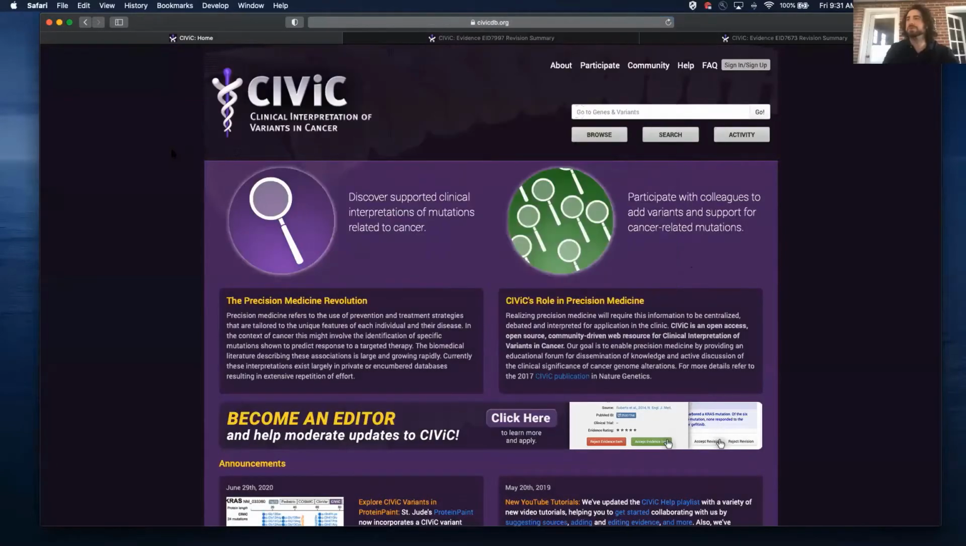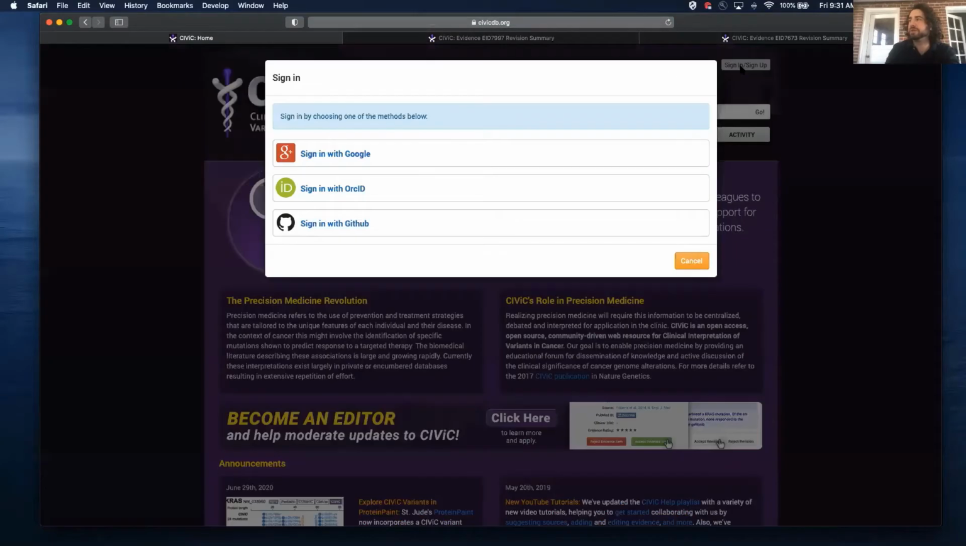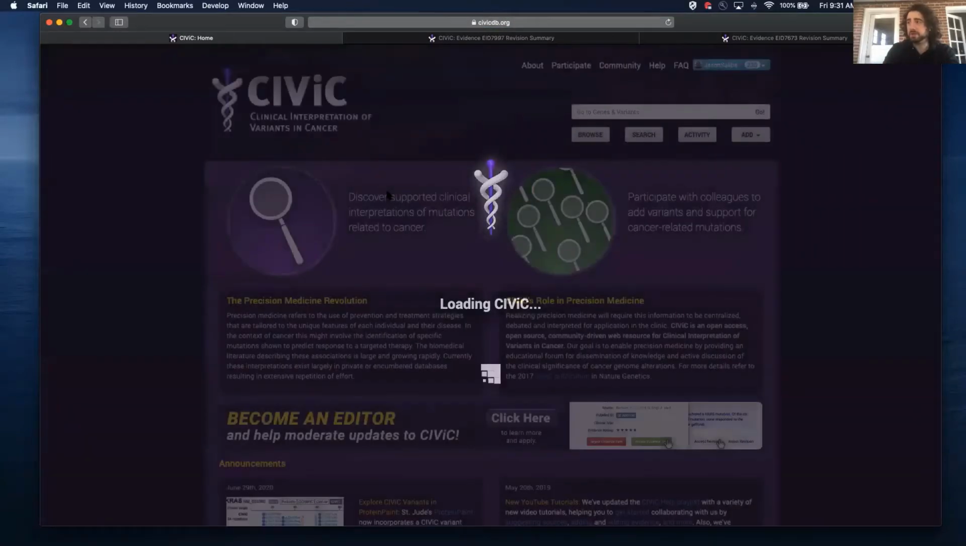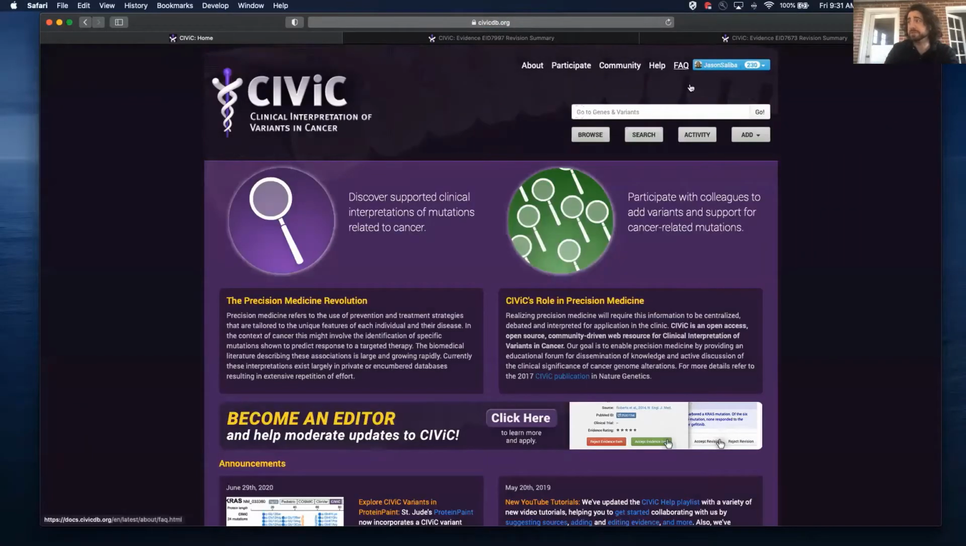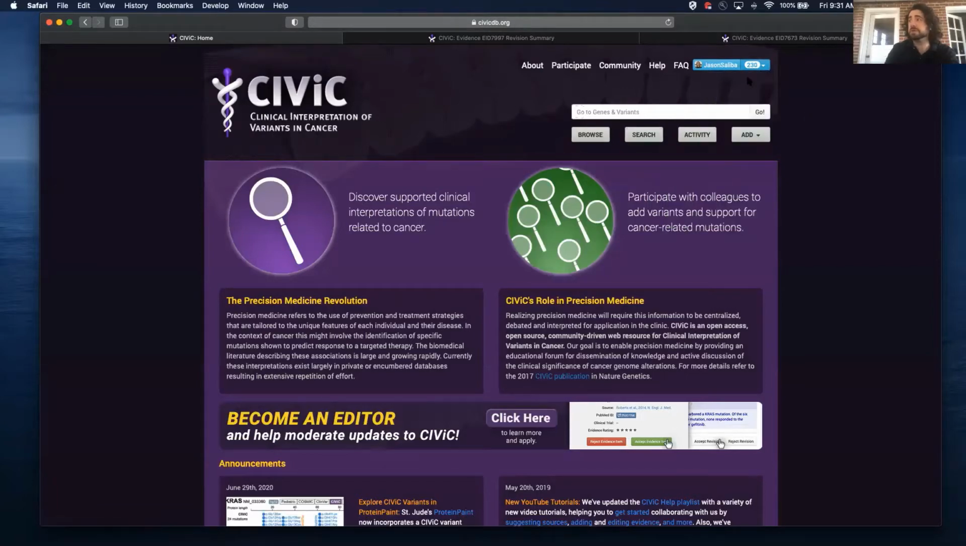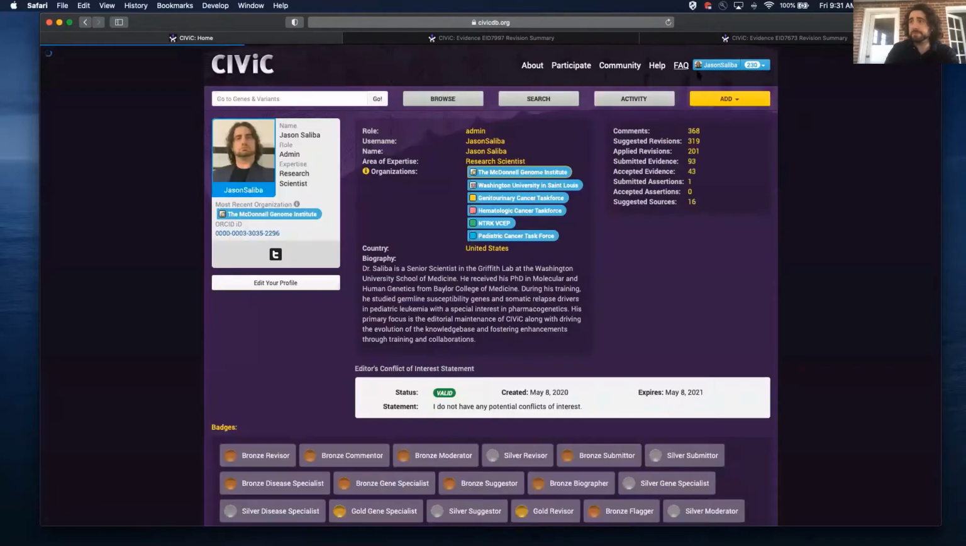All right, so I'm gonna go to the homepage at civicdb.org. I'm gonna go up to the sign in. You can sign in with any one of our providers. For me, it's Google. And once you get in, you'll get back to the homepage, which looks the exact same, but now in the upper right corner there's a tab that has your username and also a tab for all of your mentions and subscribed events. So you click on your name and you'll then go to your actual profile,